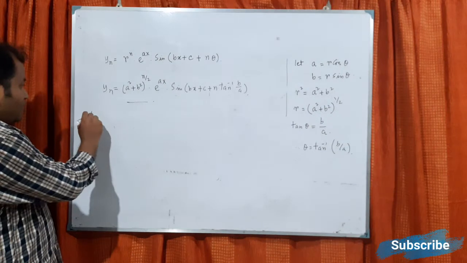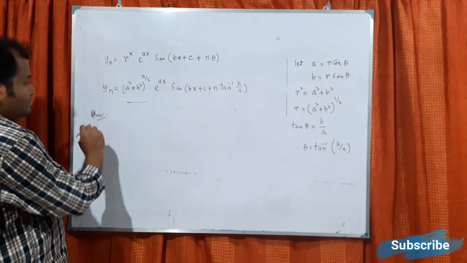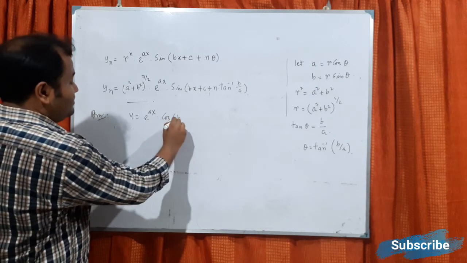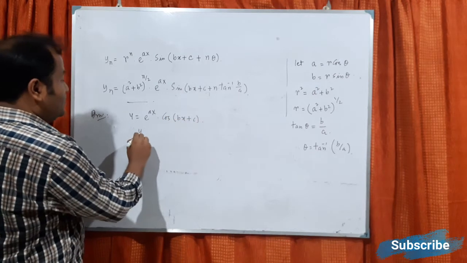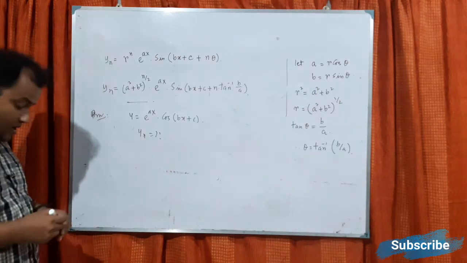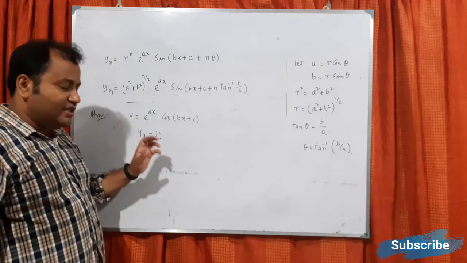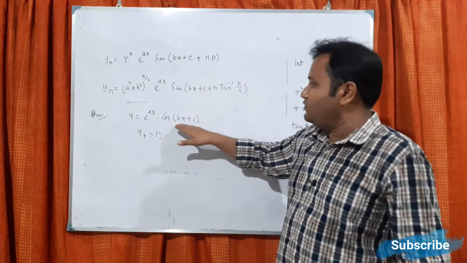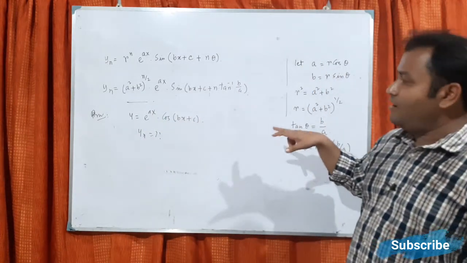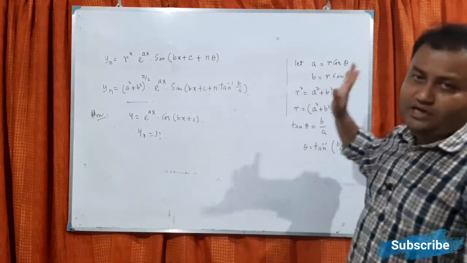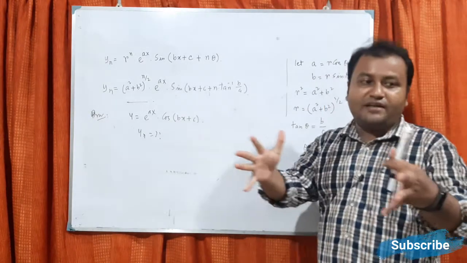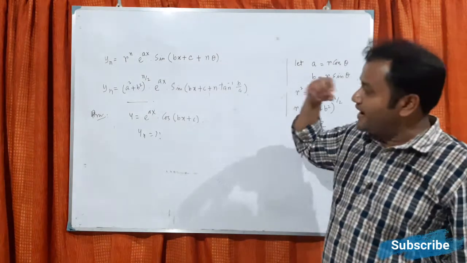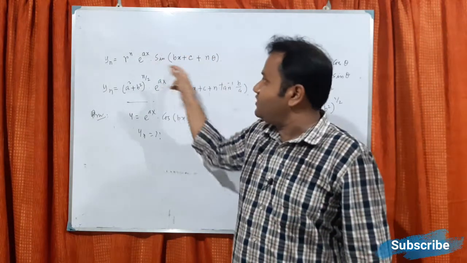Now what will be your homework or your practice? y equals e power ax cos of bx plus c. You try yn for this function. My suggestion or hint is that you do exactly the same calculation. You find the u into v times derivative, the product form, then you do the same substitution. Then again you get some compact form. Then again for y2 you get some compact form, and finally you get a form almost similar to this one.